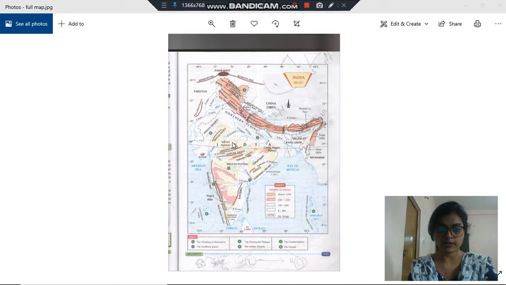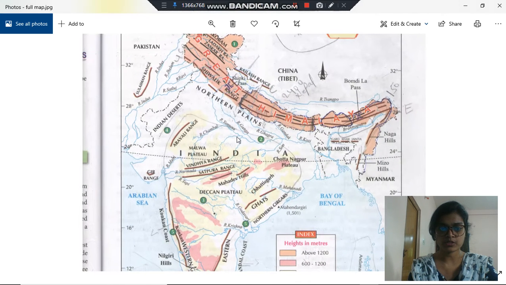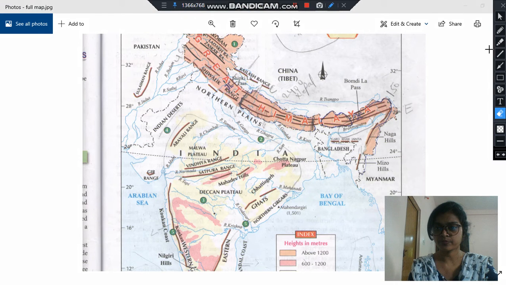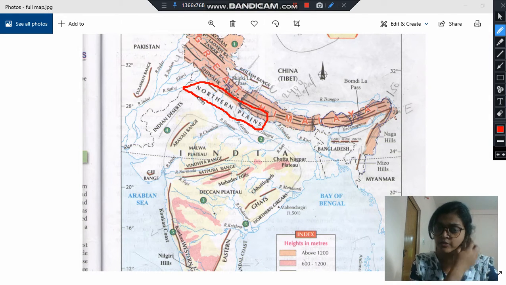Let me zoom it in and show you. So you see northern plains. This is northern plains. Okay, so this area is northern plain. Yes, it is in the south of Himalayan mountain. The northern plains are in the south of Himalayan mountain, and the northern plains are very fertile area, and that